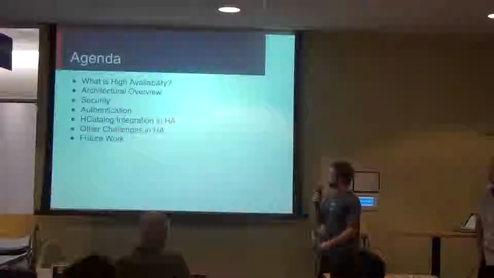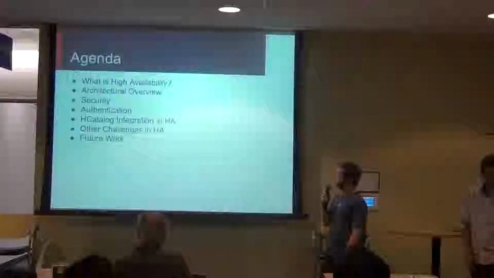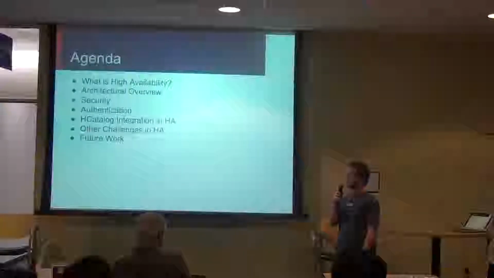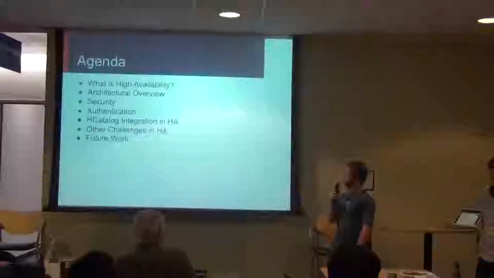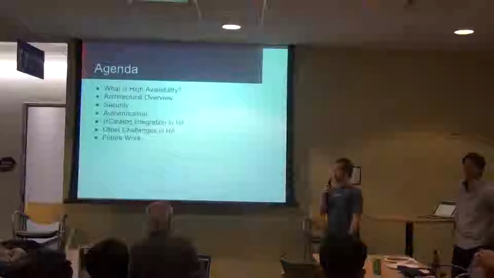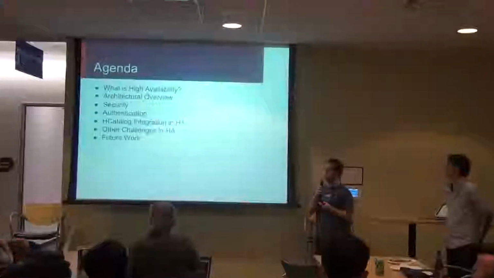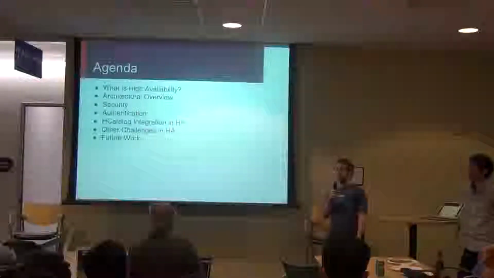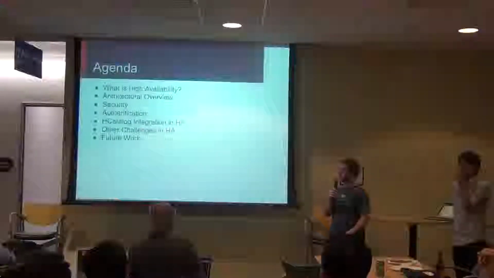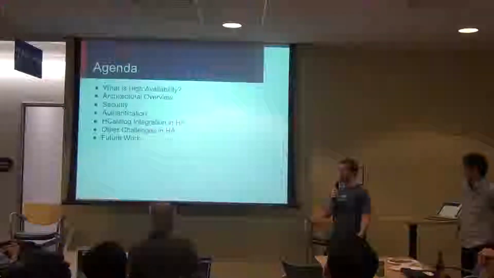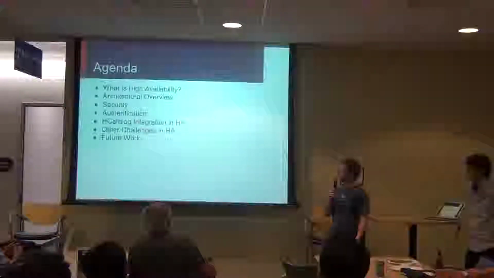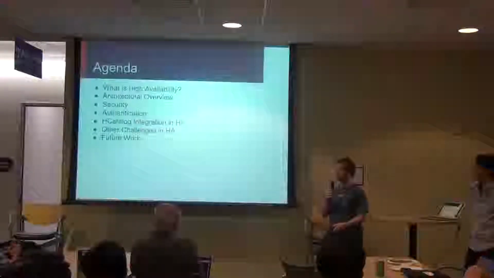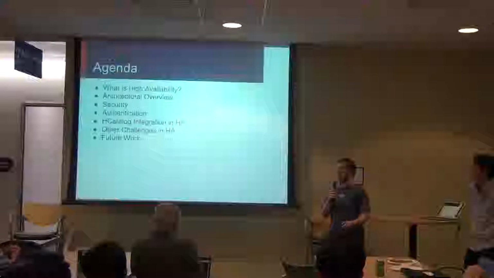So basically we're going to talk about what availability is, and then go through an architectural overview, and look at some security and authentication issues we ran into, as well as H-catalog integration and other challenges that we had with HA. So for those of you who don't know, Oozie is the workflow engine that runs on top of Hadoop, and it has integration with Pig and MapReduce and Hive and all of those things, and also lets you schedule jobs. For our purposes, the important thing to remember is that it runs as a server, and you submit jobs to